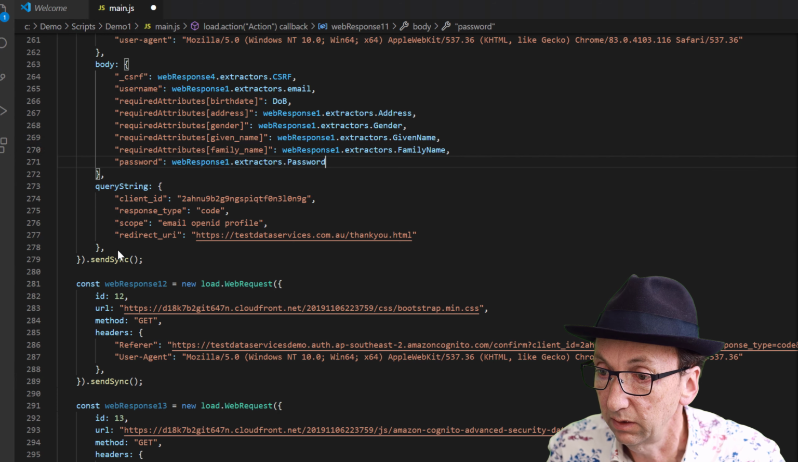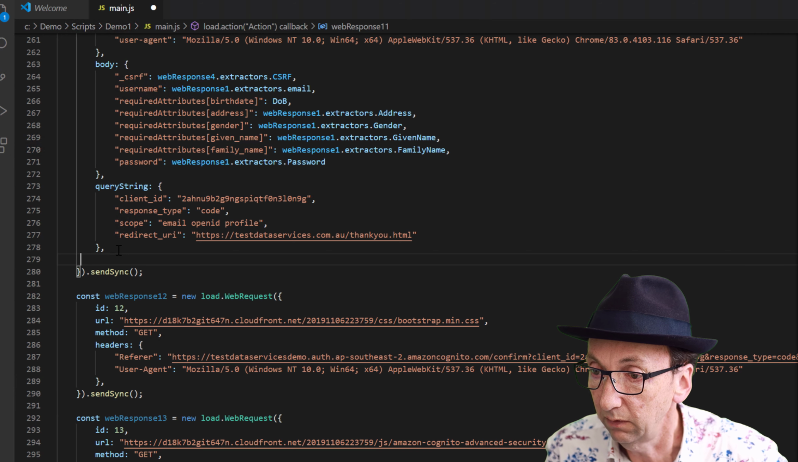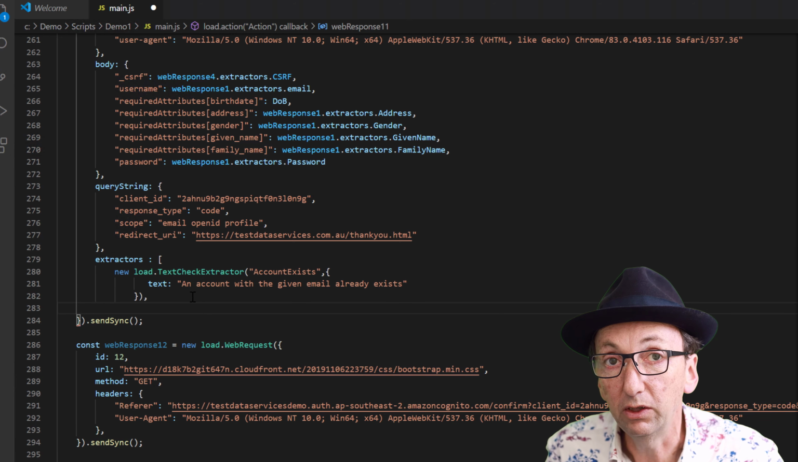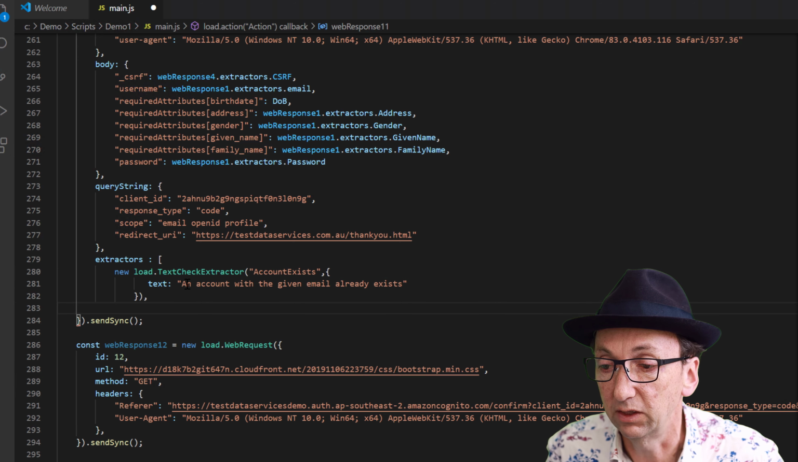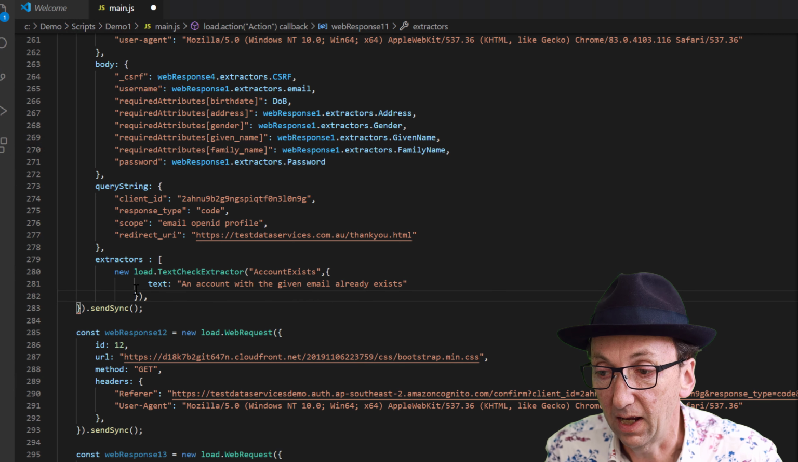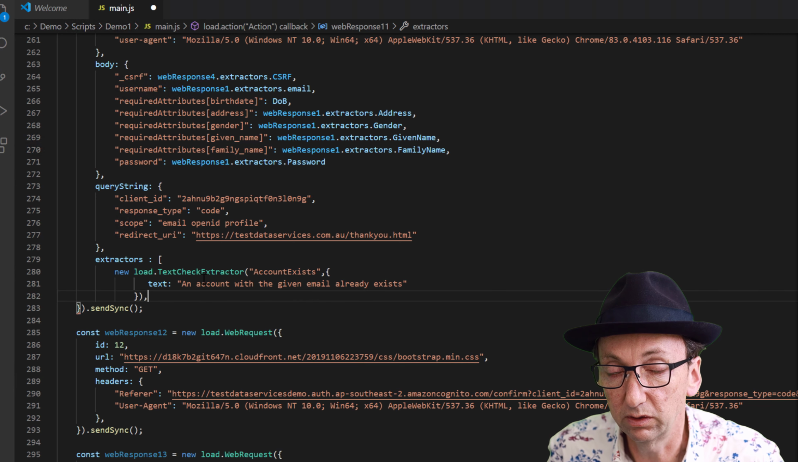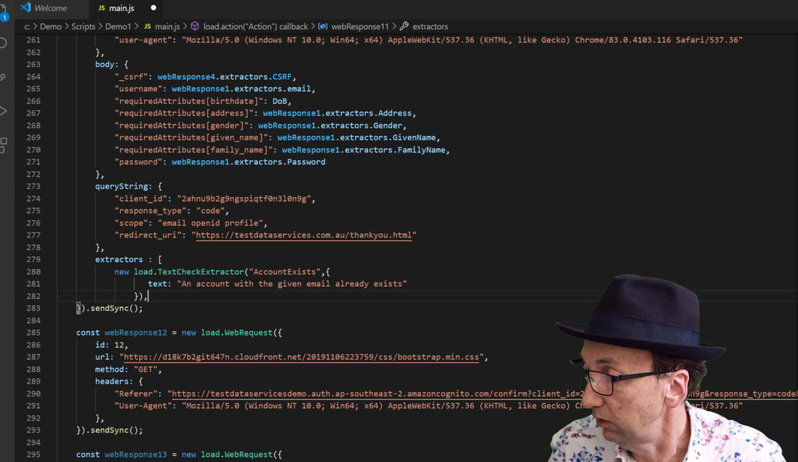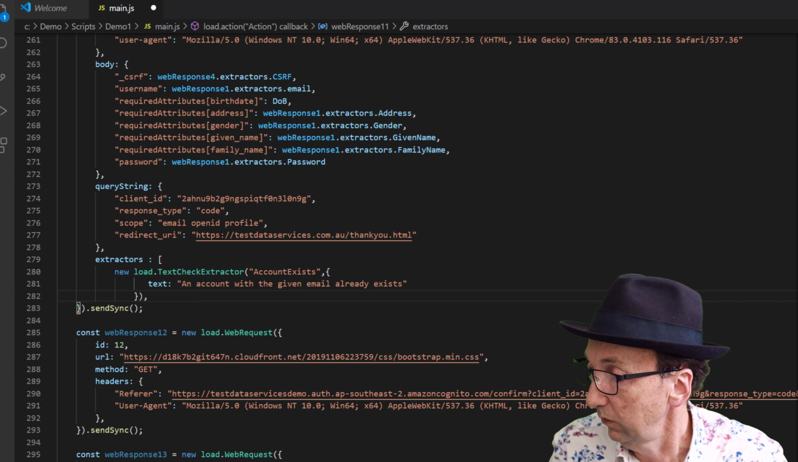Add this extractor in here. What we're looking for in the extractor is to check that we don't get a message coming back saying an account with the given email already exists. That's possible, and if that happens, we don't want to try and sign that person up because it's not going to work, because they're already signed up. And now the way to deal with that is